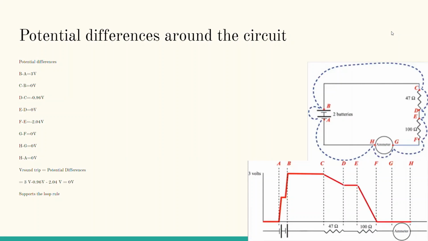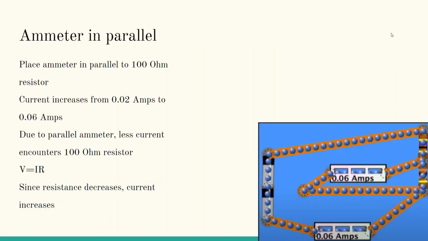And in the bottom right, it shows the amount of resistance at each one of the points. So for this, we are putting the ammeter in parallel to a 100 ohm resistor, and the current increases from 0.02 amps to 0.06 amps due to the parallel ammeter. Less current encounters the 100 ohm resistor, and this is supported by Ohm's law since the resistance decreases, the current